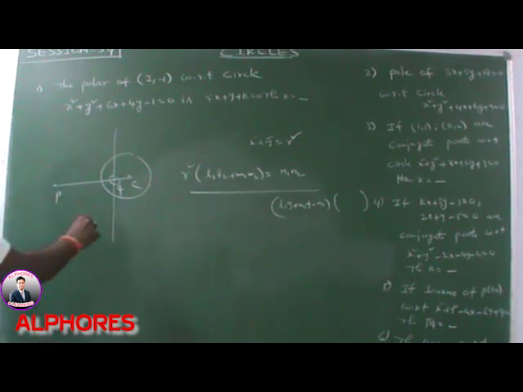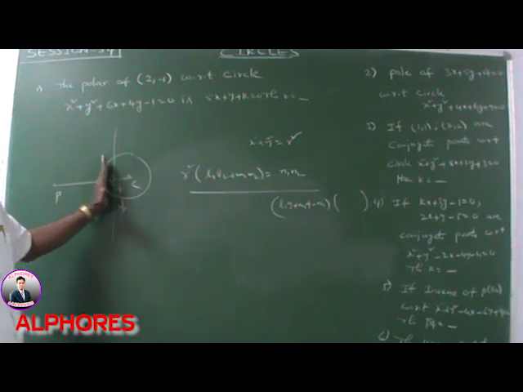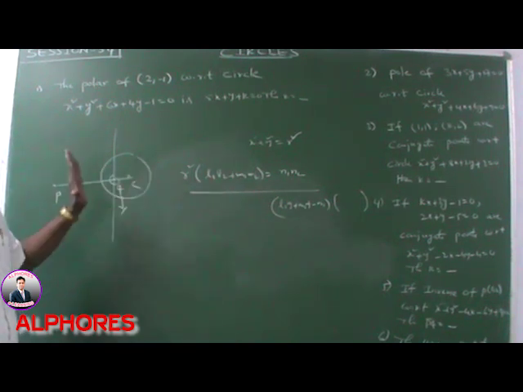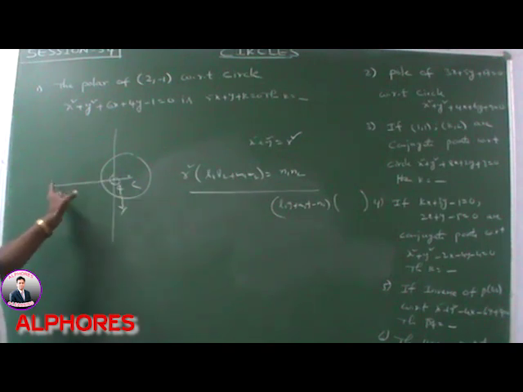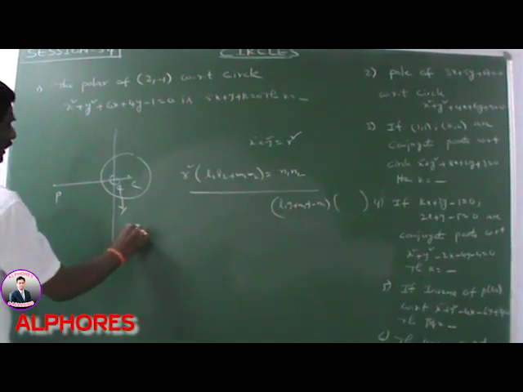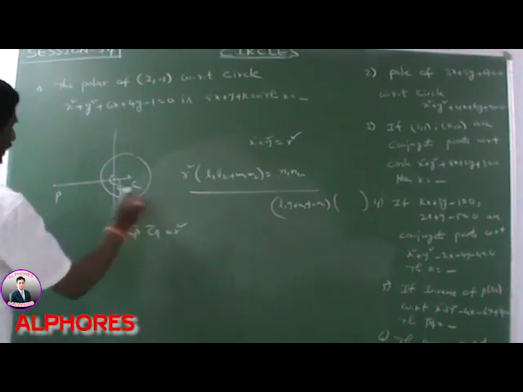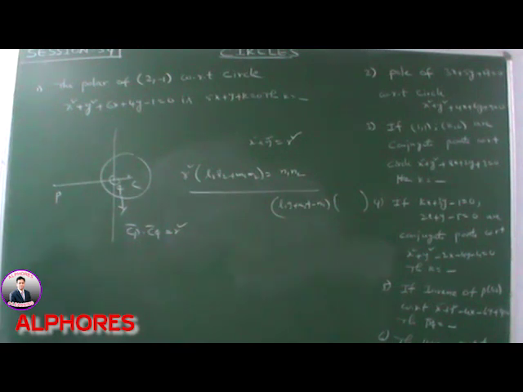To get the inverse point, we find the foot of the perpendicular from P to the polar, or from the center to the polar. Both are the same. It is Q. Q is the foot of the perpendicular from C to this line. At the same time, CP × CQ = r². It is a very, very important condition. If P and Q are conjugate inverse points, then CP × CQ = r².